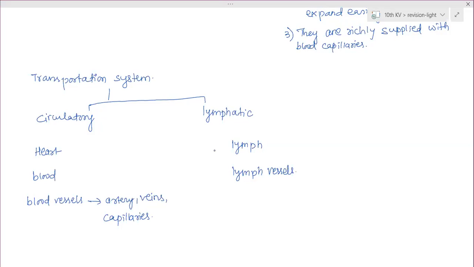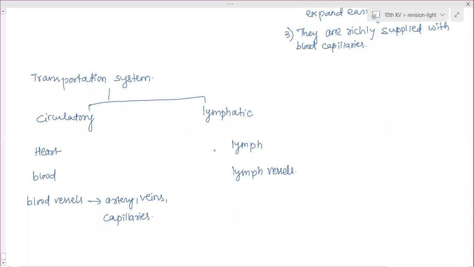Blood is a fluid medium which helps in the transportation of substances to and from body cells. Blood vessels are the pipe-like structures which carry the blood. They transport blood along with other substances from body cells to the heart, heart to lungs, lungs to heart, and heart to cells. There are 3 types of blood vessels: arteries, veins and capillaries.